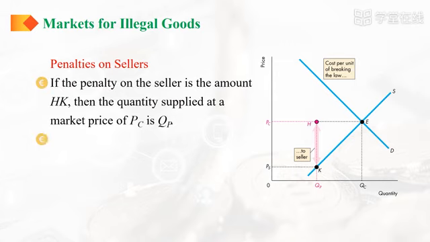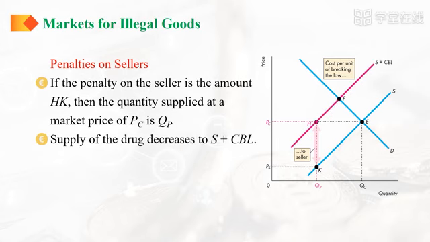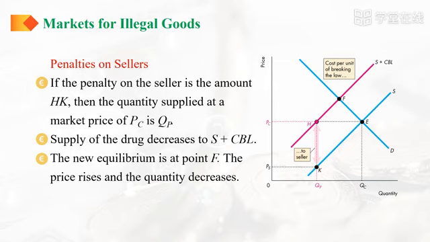For example, a marijuana dealer could pay a $200,000 fine and serve a 15-year prison term. A heroin dealer could pay a $500,000 fine and serve a 20-year prison term. These penalties are part of the cost of supplying illegal drugs, and they bring a decrease in supply, a leftward shift in the supply curve. To determine the new supply curve, we add the cost of breaking the law to the minimum price that drug dealers are willing to accept.